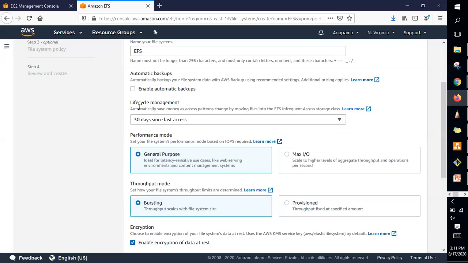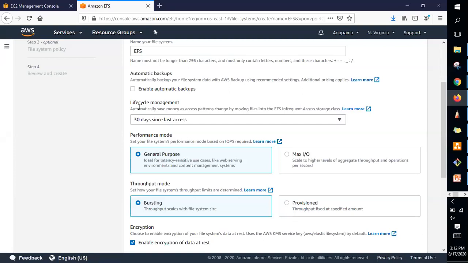The same way, an organization may not be accessing the previous years' files. With the help of lifecycle management, if you are not accessing files frequently, you can move them to the EFS Infrequent Access storage class to save the cost, up to 80 to 90%.